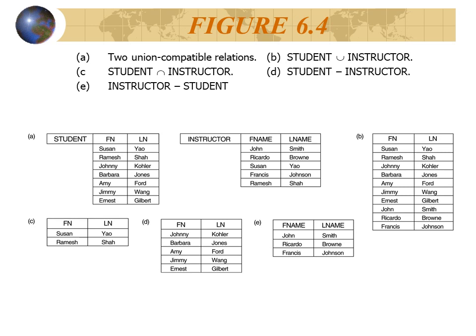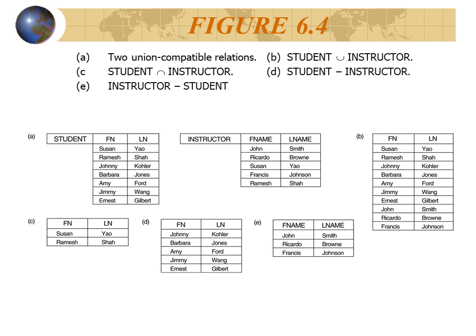In the intersection we take only what is common to student and instructor, so we apply the intersection operation. It retrieves only the common records from the two different relations. Susan Yao is in both, so it will be displayed, and Ramesh Shah is available in both, so it will also be displayed in the result.